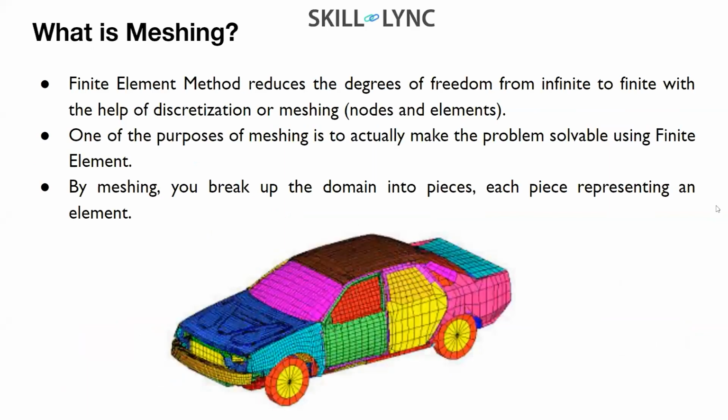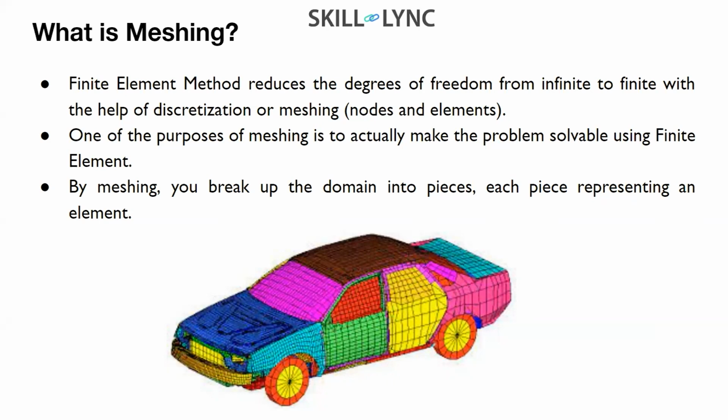Then, as I said, the major thing in FEA, first and foremost, is that you should cover the bigger geometries with smaller elements. That is what we call meshing. So what is meshing? In the finite element method, suppose this is a bigger geometry. Suppose you try to capture this geometry with an infinite number of small cells, like cells capturing your entire body, the outer skin. If you try to do a study like that, there will be an infinite number of cells. By infinite, I mean it is very difficult to calculate.